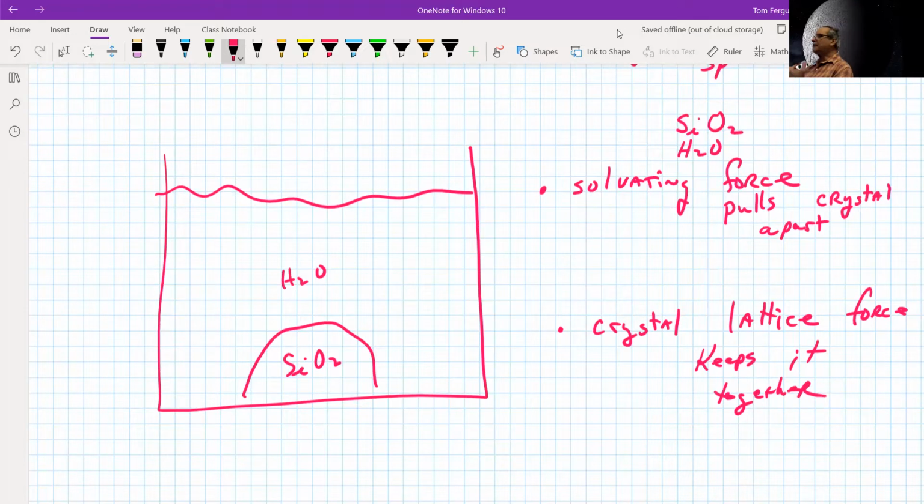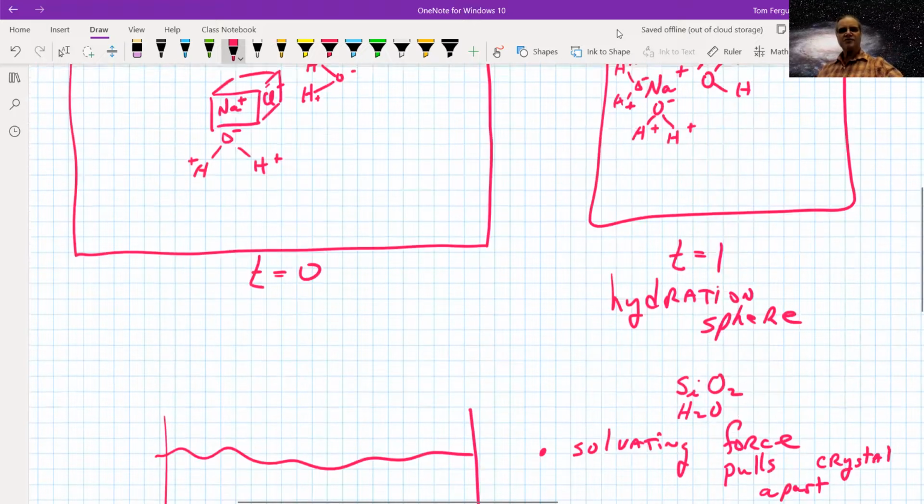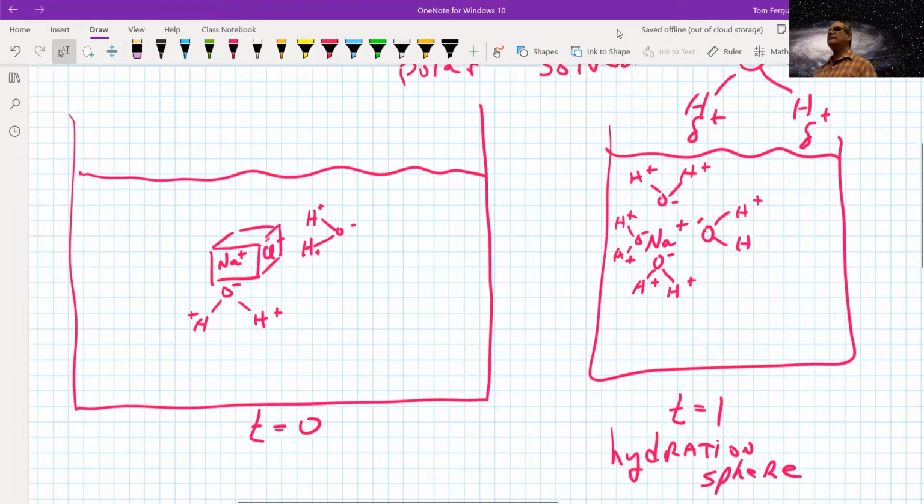So we have the crystal lattice force battling the solvating force. Which is stronger here? Solvating or crystal lattice force? Remember, crystal lattice keeps it together. Solvating pulls it apart. So with the salt in the water,